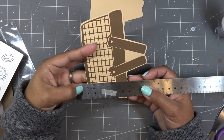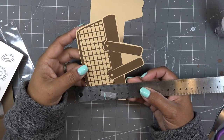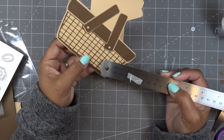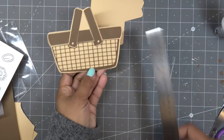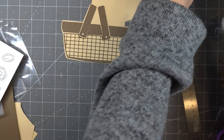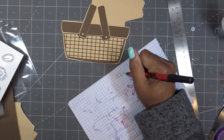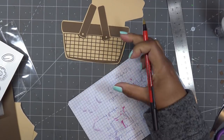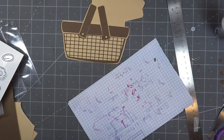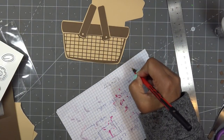So let's say 2 1/2. So what did I say? 4 1/4 by 2 1/2. Let me write this down on the same scrap paper. Okay, 4 1/4 by 2 1/2. And how wide do we want it? Let's say that's 2 inches. That's kind of big. How about 1 1/2 inches? You can do however wide you want. So if it's 1 1/2 inches wide,